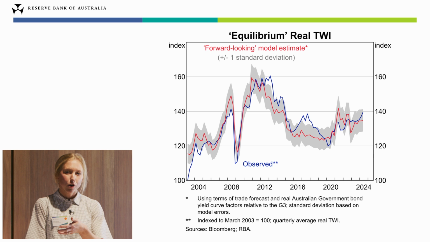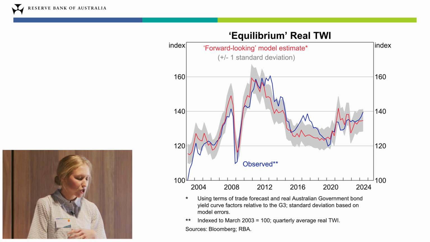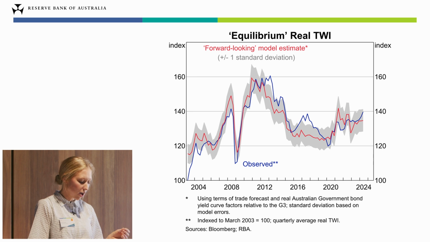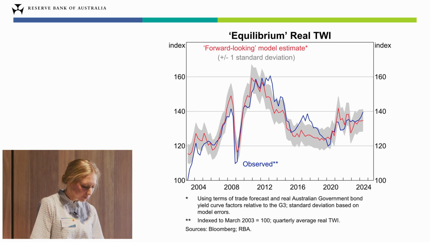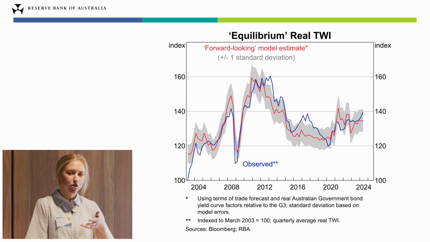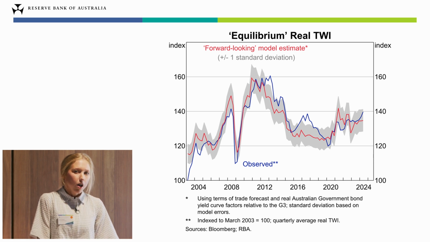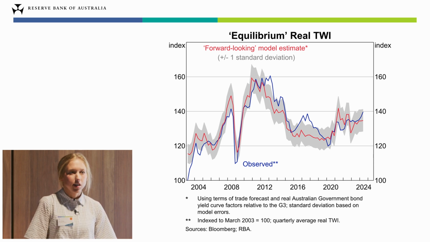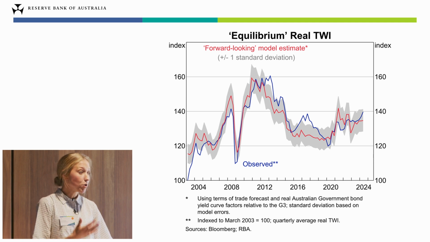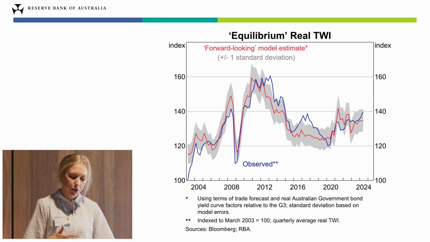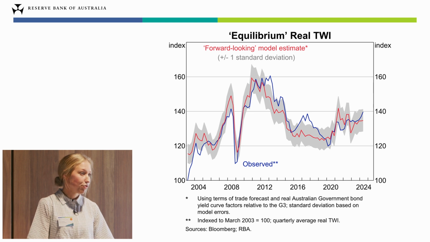On top of these longer term drivers, we also have short term drivers, which can tell us about what's driving the Aussie dollar on more of a high frequency basis. So these short term drivers actually tend to close the gap between that red and blue line even more. The Australian dollar tends to track movements in some other financial assets and is very sensitive to what we call risk sentiment. And what I mean by that is how positive or safe investors feel about exposing themselves to riskier assets. We tend to find that positive risk sentiment is associated with a stronger Australian dollar.